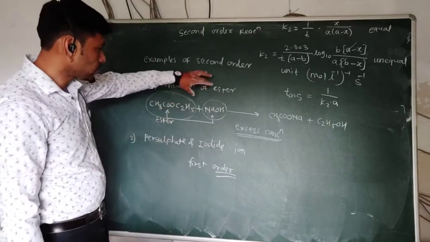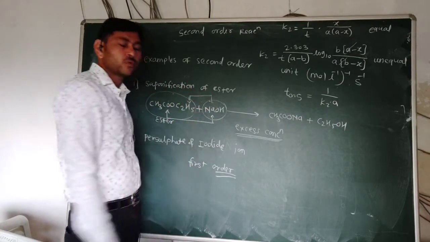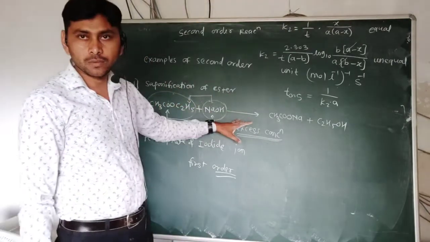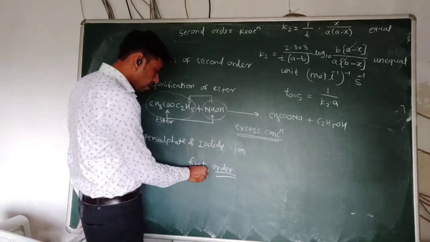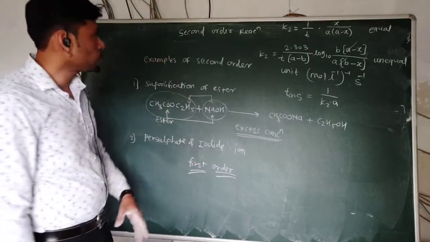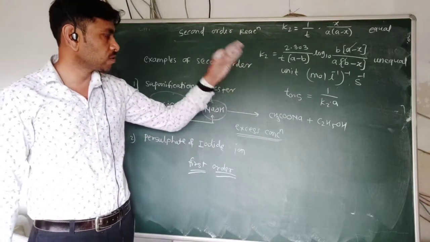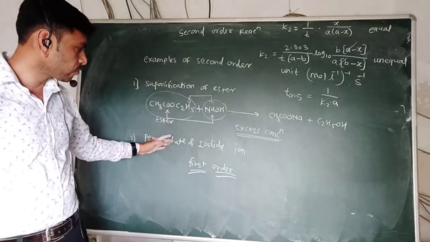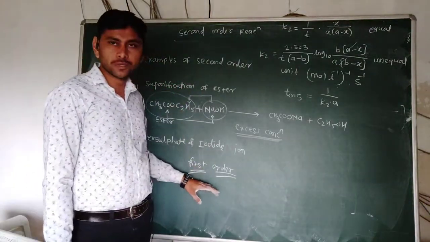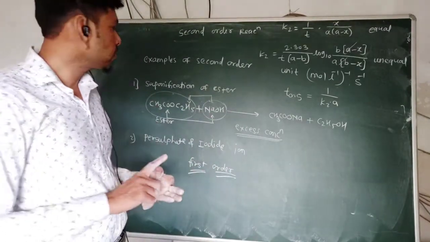So as long as the concentrations of both reactants are limited, the reaction is of second order, and when the concentration of one of the reactants is taken in excess, then the second order reaction becomes a first order reaction. So this is about second order reaction, its rate equation with equal initial concentration, unequal initial concentration, half life period, examples of second order reaction, and when it changes to first order reaction. We have discussed all the factors about zero order, first order and second order reactions.